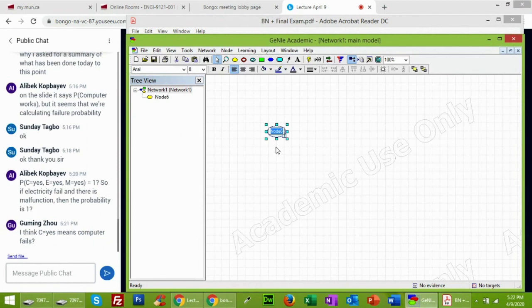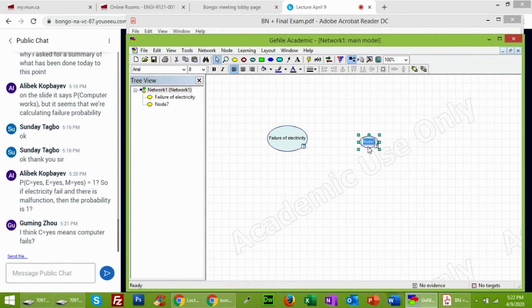How do we update the system here? So we know that we need it for the failure of the electricity. So just type in here failure of electricity. So this is my first variable. For the second one, again I click on the chance node and leave it here.